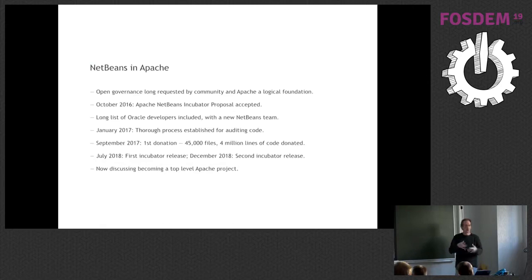We don't simply want to put NetBeans, for example, on GitHub, because then you have discussions about governance, essentially. So the good thing about Apache is you get this whole governance model out of the box. And it enables Oracle to continue to be involved, to continue to contribute. In a moment, I'll show contribution, who's contributing what, and so on. And you see Oracle is still heavily involved. So then that decision was made in October 2016.